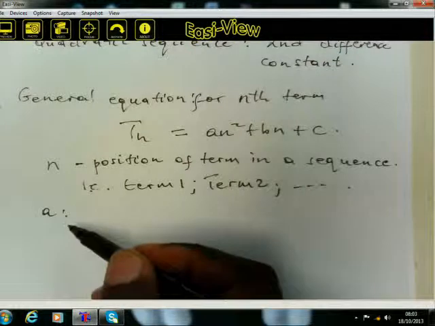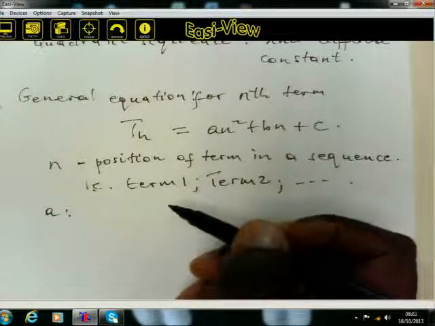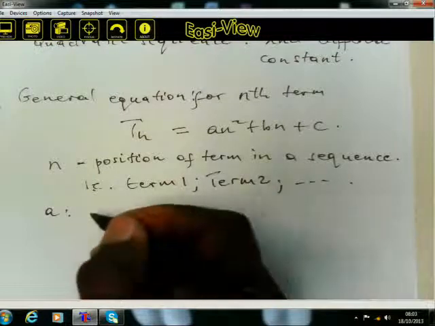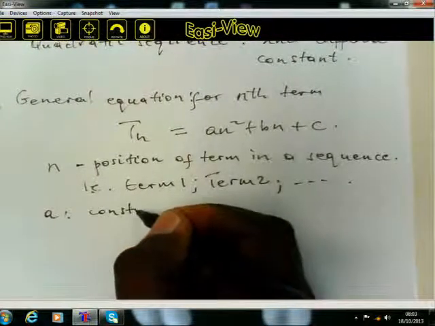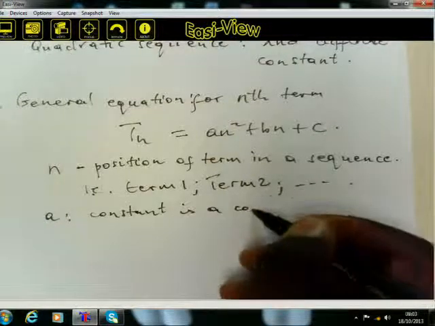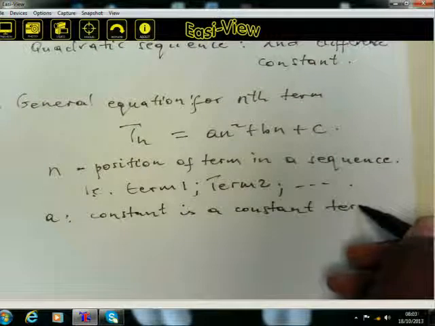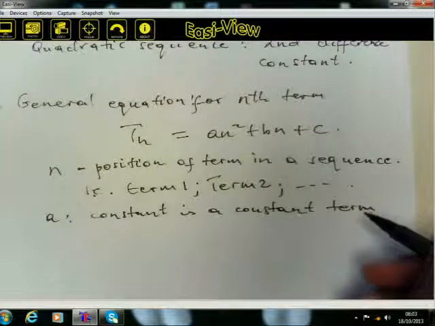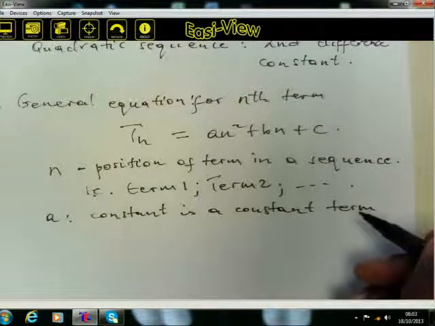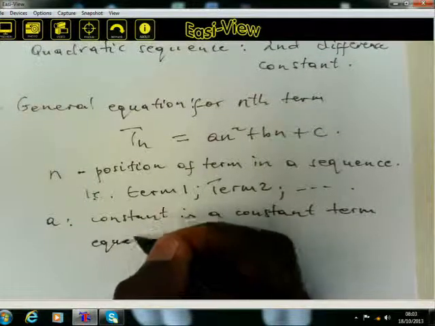Now, let's understand the meaning of this constant A. A is a constant term, as I said, and this A is equal to